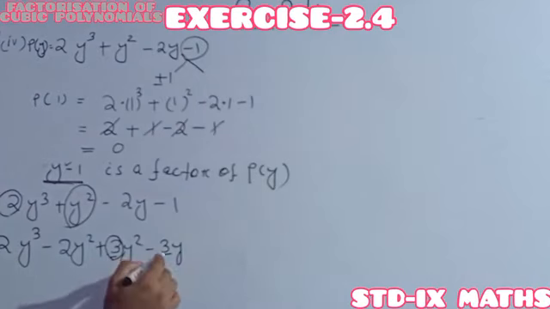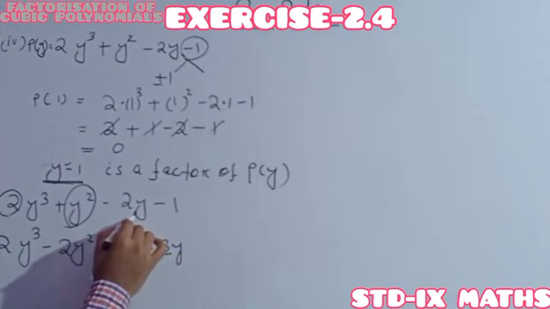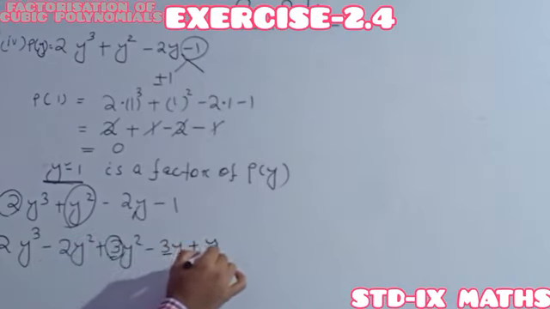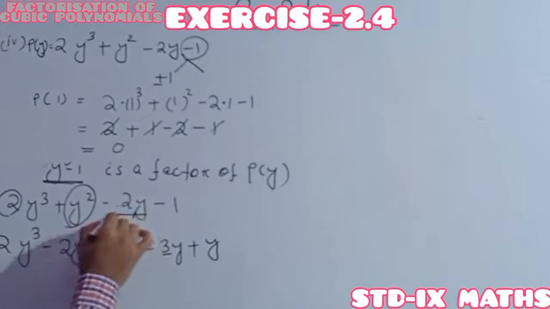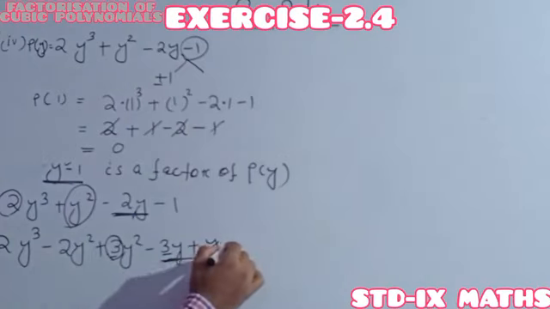Here it is -3y, but here it is -2y. So -3y, how to arrange? -3y, here it is +y. So now with the previous one, -2y, here it is also the sum of the two, also -2y. Okay? And the last one, always you have to keep in this form. Understood perfectly? So this rearrangement is the important step.